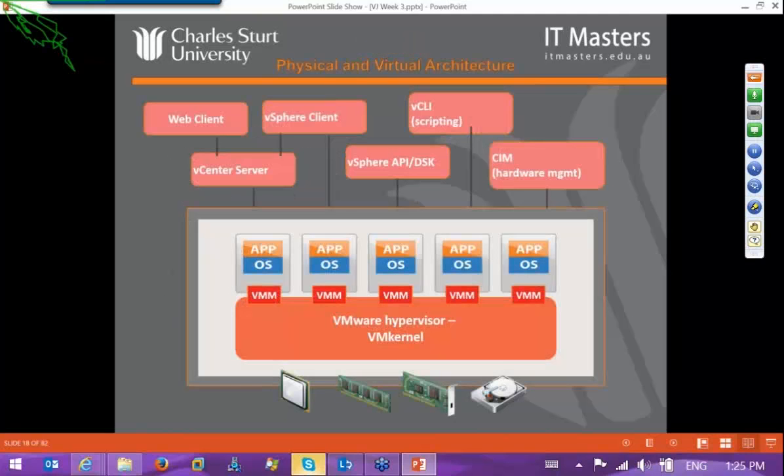Alright. We all know the virtualization environment is built on top of a hardware environment. So, as soon as you have your hardware, as with Microsoft, you will need your hypervisor. In this case, this hypervisor is branded VMware. I remember in the first week we had lots of questions about hypervisors. I assume you all read it. If not, please refer back to the first 2 weeks' recordings and slides, where we have lots of information about hypervisors. Then you build your separate VMs. Each VM might have its own app, its own OS. They could be clones of each other, or replicate each other, or we call it vMotion. You have your web client, your vSphere client, your vCLI, which is scripting, which runs under vCenter or different management